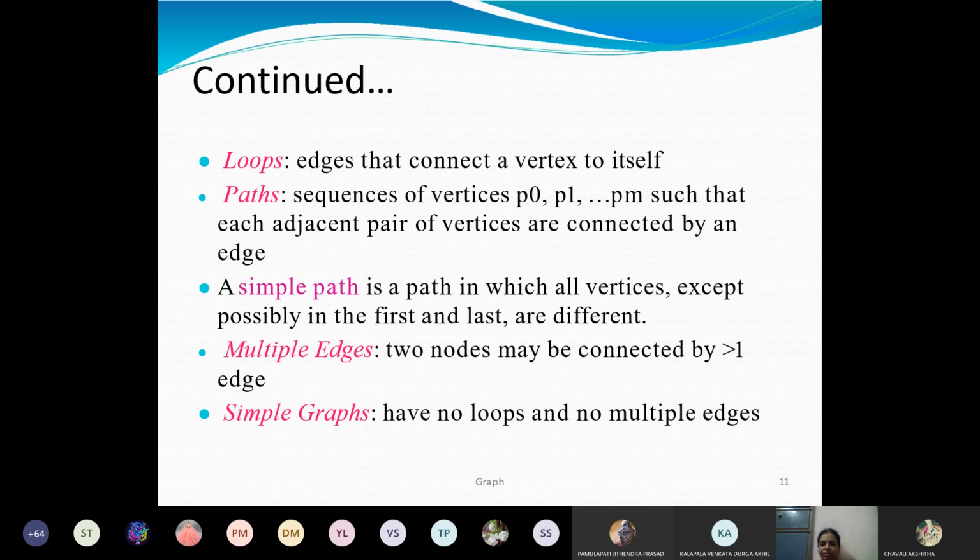Multiple edges: if two nodes are connected with each other by a number of edges, then it is called multiple edges. There are also simple graphs, which do not have any loops or multiple edges.